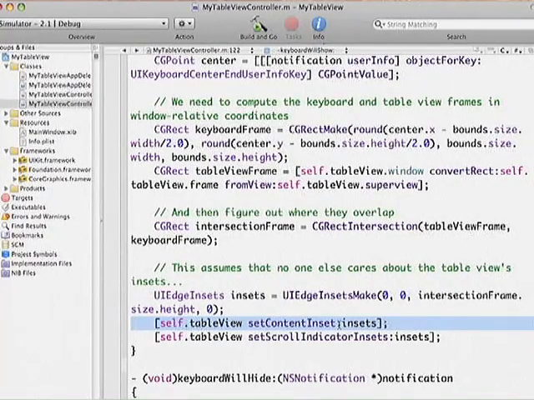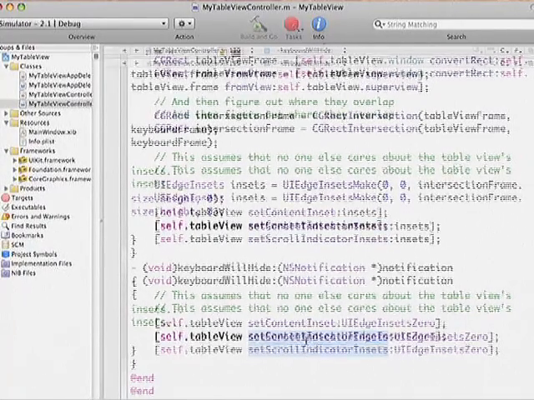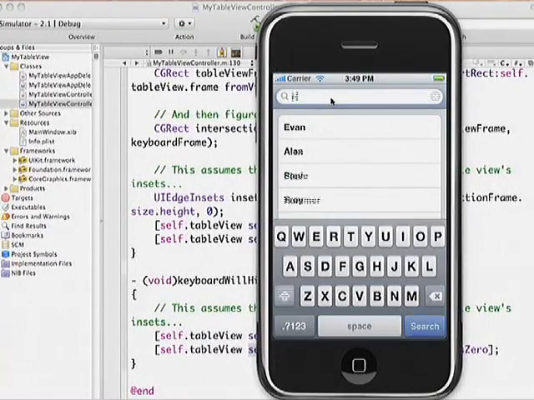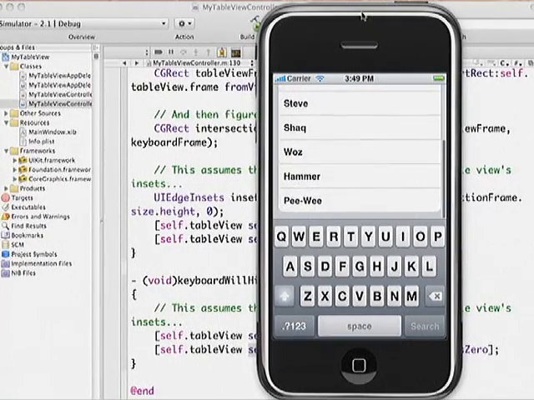I think it's about 216 pixels. And it tells it to set the scroll indicator by that amount as well. And then in our keyboard will hide, we set the insets back to 0 for both cases. So when I run and I type, actually, I don't even need to type. If I just scroll, now our scroll view goes to right above the keyboard, and so do the scroll bars